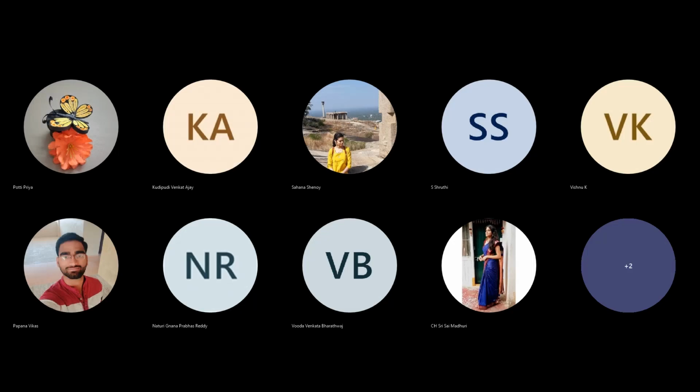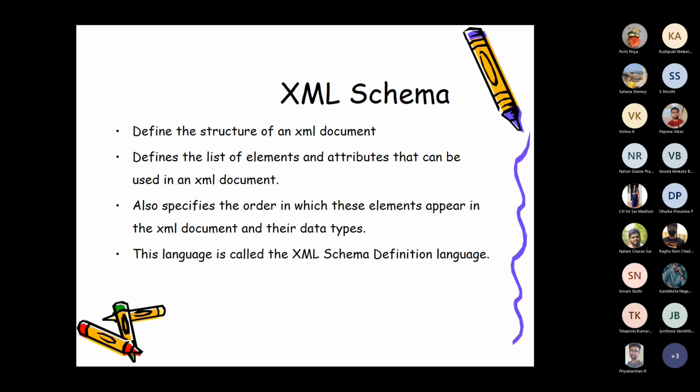Okay. So the other way to define the structure is XML schema, or XML schema definition is what we call it, or in short, we will call it XSD. It also defines the structure of an XML document, defines the list of elements and attributes that can be used in an XML document, and also specifies the order in which these elements appear in the XML document and other data types. This is referred to as the XML schema definition language. The way in which we write this is referred to as the XSD language,